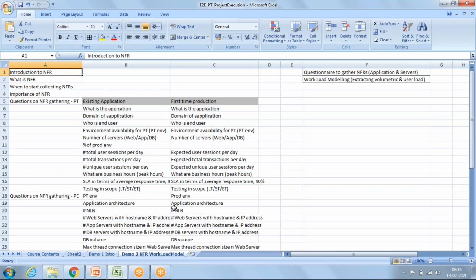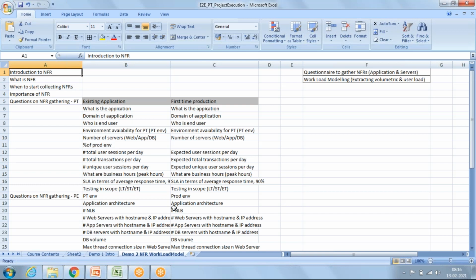Based on that, we can design baseline, benchmark, and SLA. This is the importance of NFR. We have to survive in the market with confidence by beating our competitors, so we should provide that kind of application. And just to certify the performance, we need to understand NFR.